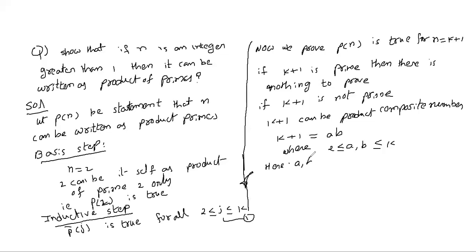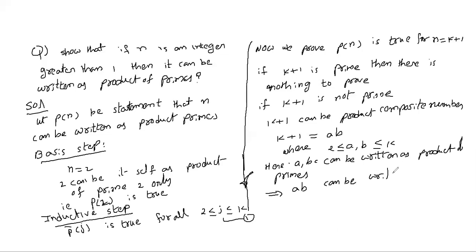Therefore a and b can be written as a product of primes, which implies ab can be written as a product of primes, which implies k plus 1 can be written as a product of primes. Therefore, by strong induction,